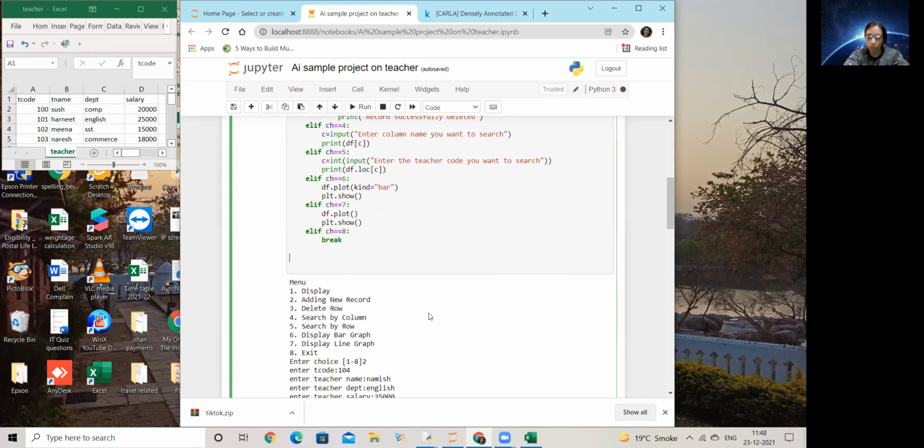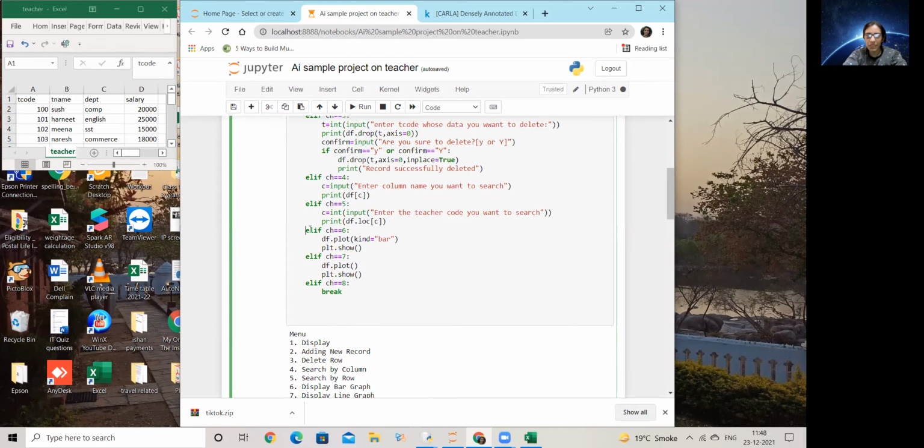Coming down to now plotting. Now I have just given a basic plot and show. I have added no label, no title, no coloring, no legend, no grid. All the formatting which we had learned, I have not added. I just wanted to show that this is how you can show your plot. Plus, I have tried to do it using the bar graph, because this was my simplest case, since I had only one column of numbers.